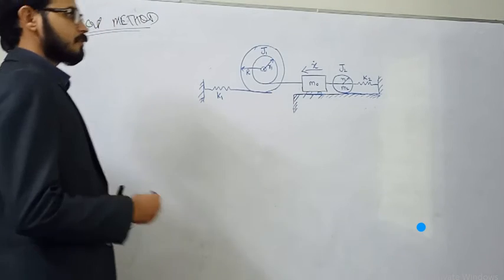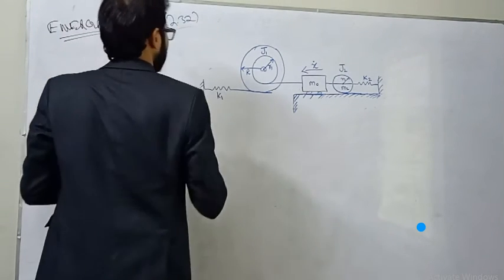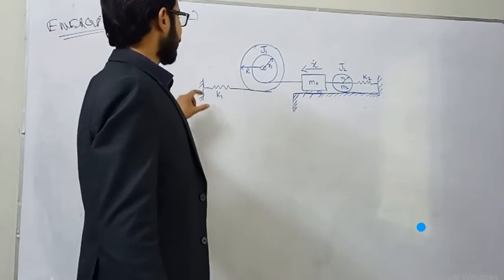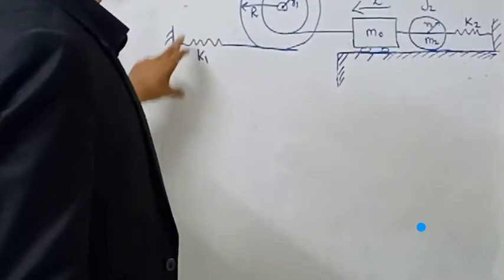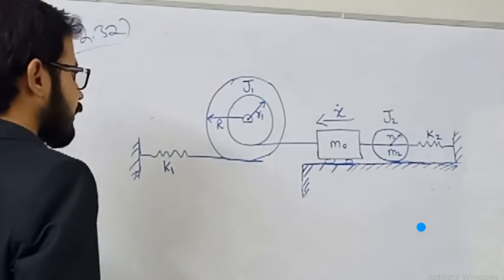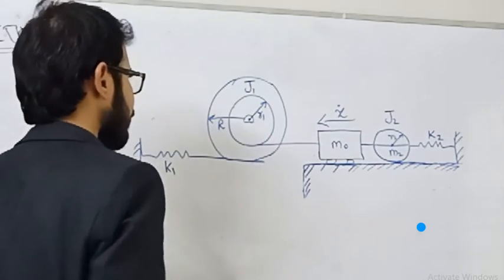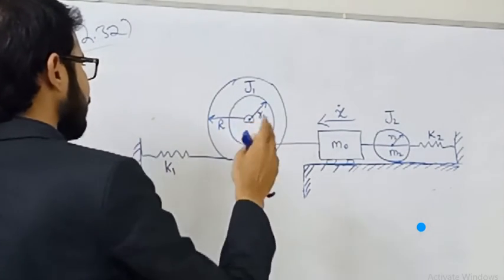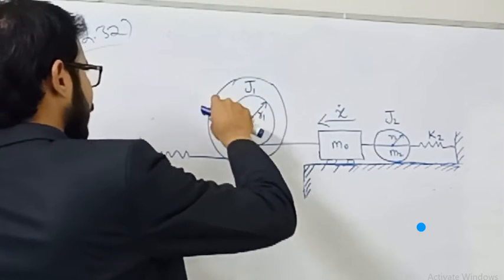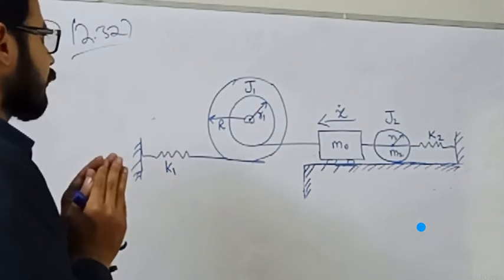This is exercise problem number 2.32, and in this numerical problem I have already explained the possible components. For example, this system consists of two elastic elements having stiffness K1 and K2. These are the elastic elements, and what are the possible masses? This is the mass. We can consider it as a disk. It consists of two radii. Both discs are attached to each other. One disc is of small radius R1. Another disc is of large radius, capital R, and both discs are attached to each other.